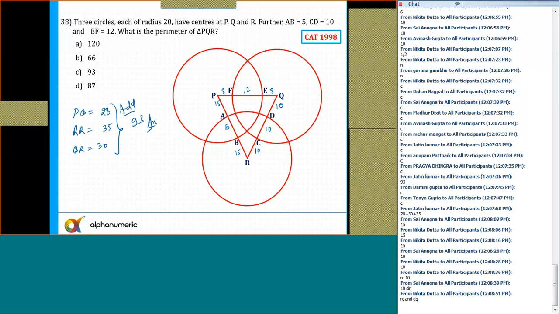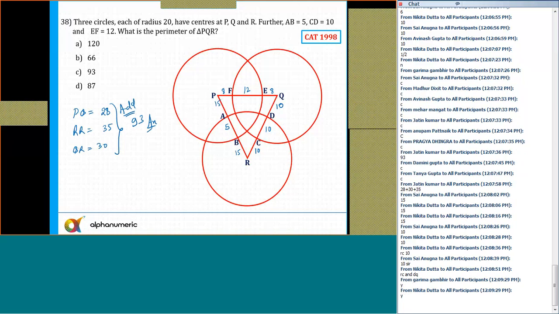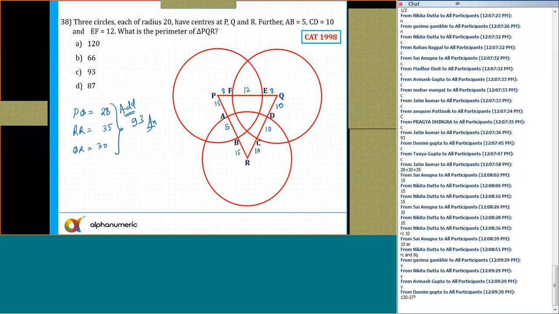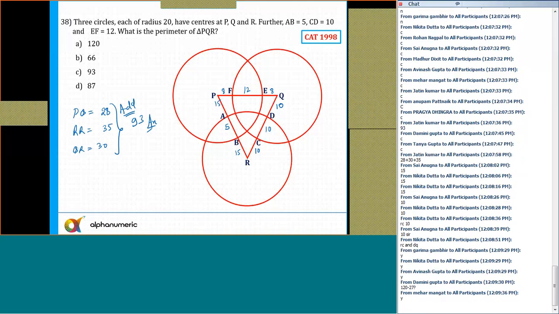Okay, just need to add on. So an easy question. Can I move to the next slide? Please respond. Okay, 120 minus 27. Yes, that is also right. Okay, that is also correct because 12, 5 and 10 have been counted. How many times you can see. So that is also correct. 120 minus the sum of these.